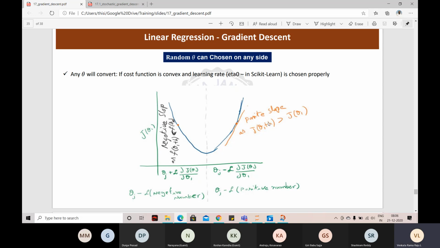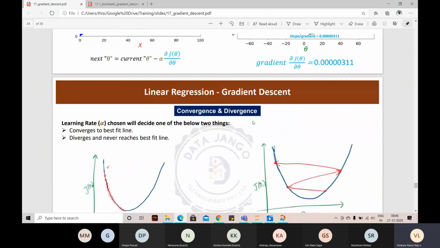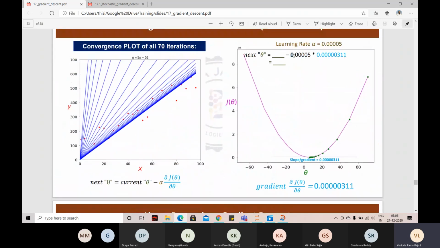In the stochastic gradient descent algorithm, whatever we are going to use in maybe 10-15 minutes, there is no choice like that. It will choose randomly, but in maybe 10-15 iterations it will come down to the place where the number of iterations will reduce. The algorithm works in a way that it comes down very quickly. When the slope is too high, the jump size for the same alpha is too high. But when the slope is reducing, the jump size is reducing.